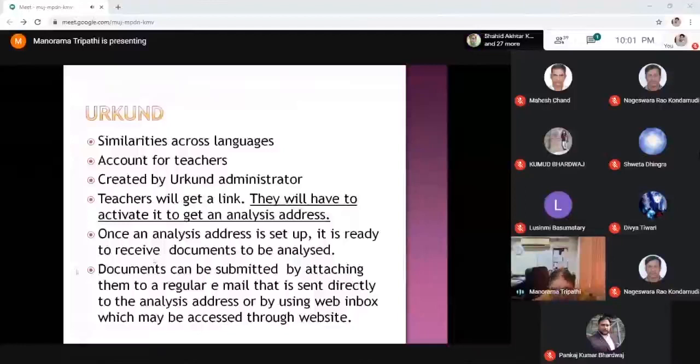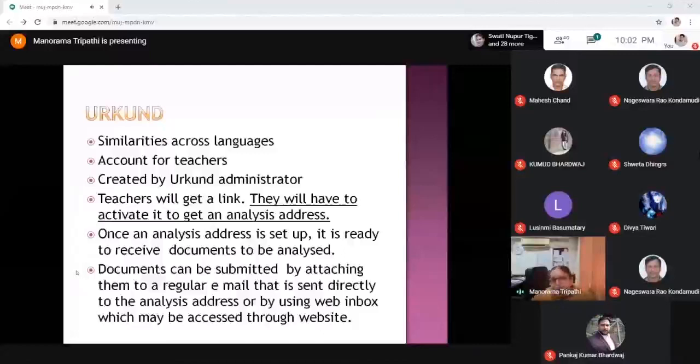The thing you must note here is that this link is time bound. It has to be activated within the time specified in the mail. If you don't, you cannot use it, and you will have to request the administrator again to provide you a link.